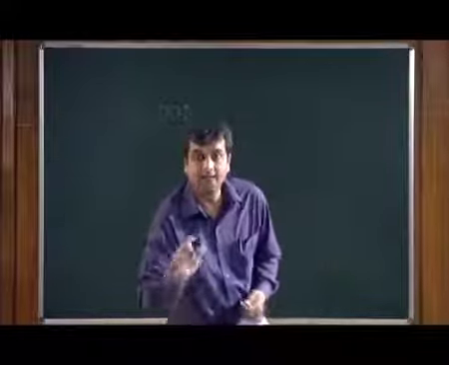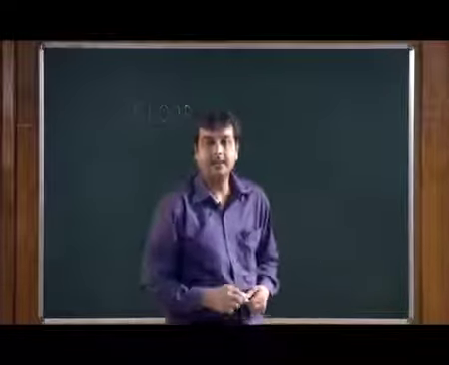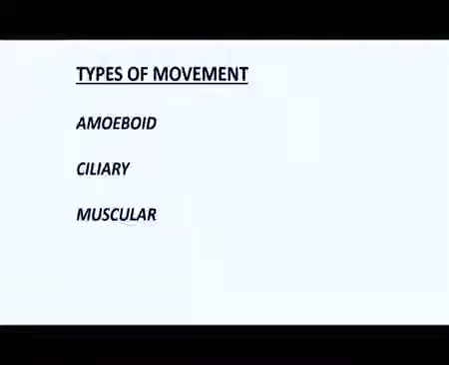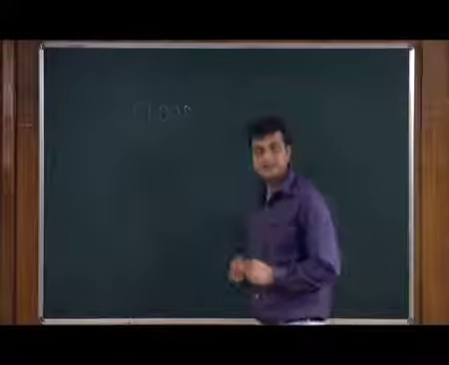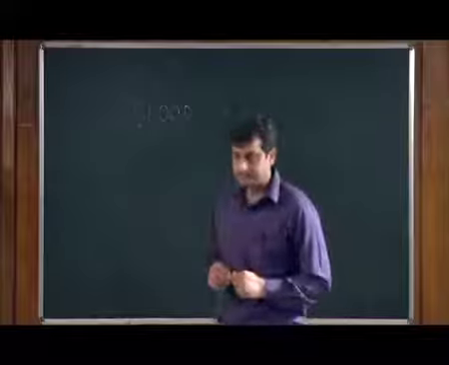If we go back to the slide again, we see the three kinds of movement we discussed: amoeboid, ciliary and muscular. We are talking about amoeboid movement. The first example we discussed is the leukocyte. The second one: